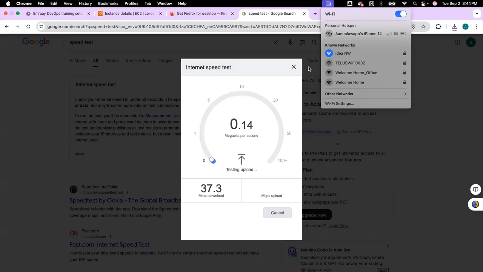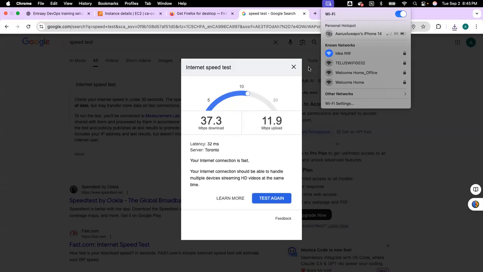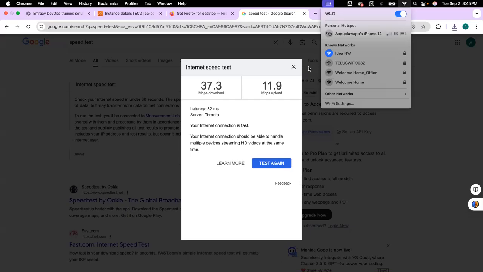So there may be a little disruption because I'm going to try to connect to my office internet. Give me a moment because I was wondering why that download took a lot of time. 37 is not the best that I want. So give me a moment. Oh, sorry.